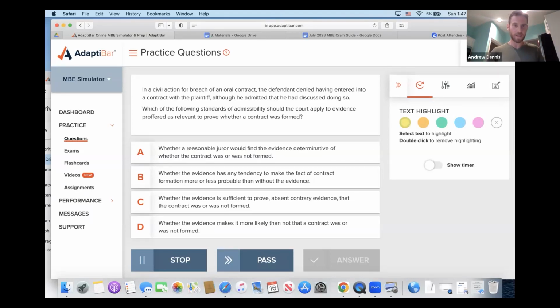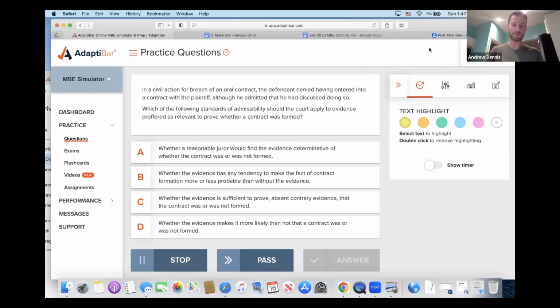All right. In a civil action for breach of an oral contract, the defendant denied having entered into a contract with the plaintiff, although he admitted that he had discussed doing so. Which of the following standards of admissibility should the court apply to evidence proffered as relevant to prove whether a contract was formed? Whether a reasonable juror would find the evidence determinative of whether the contract was or was not